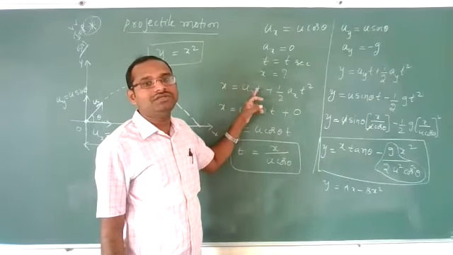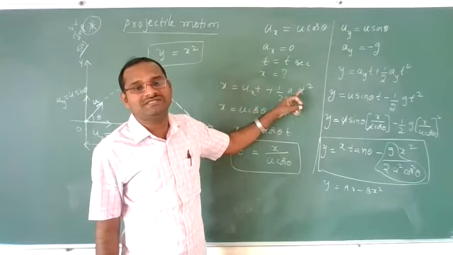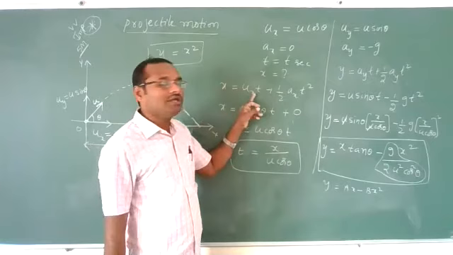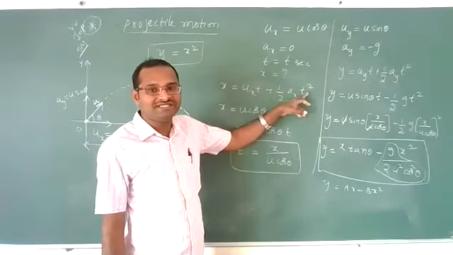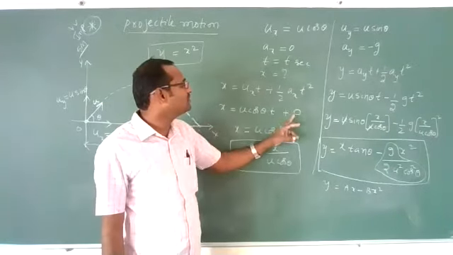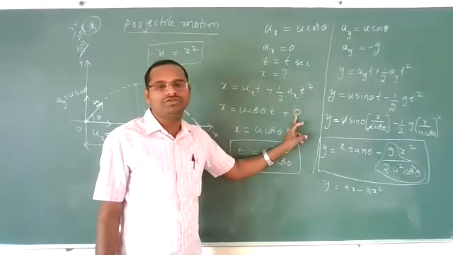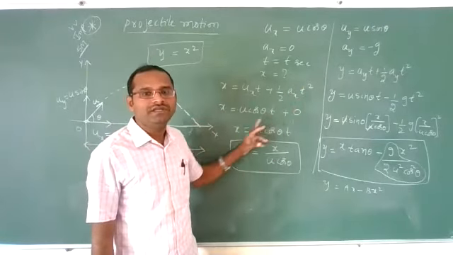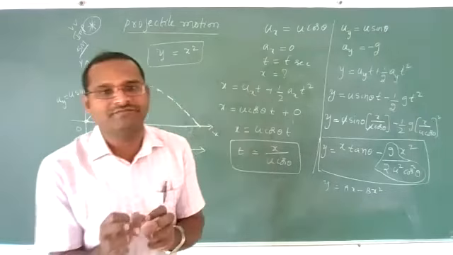So applying the kinematic equation, x is equal to ut plus half at square, along the x-axis you get x is equal to uxt plus half axt square. Because ax is equal to 0, this whole term becomes 0. Now you get x is equal to u cos theta into t. Then what is t? t will be x upon u cos theta. Now keep this with you.